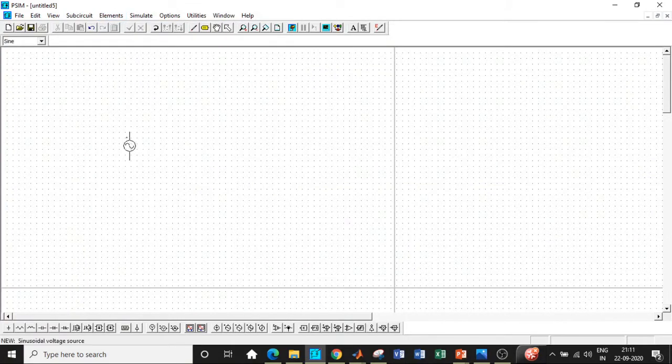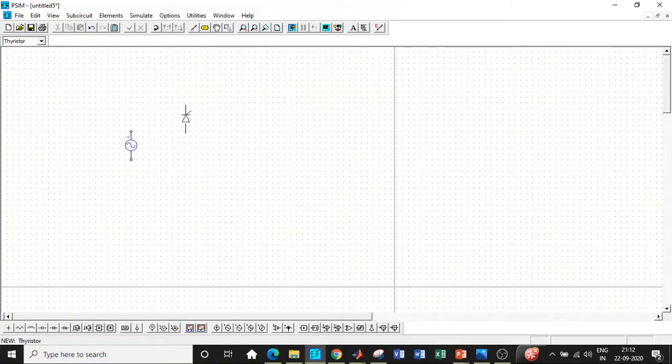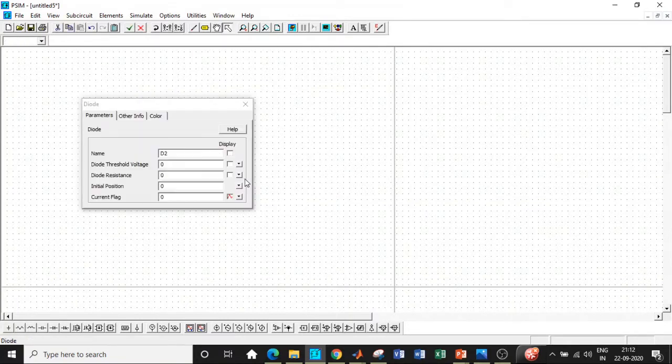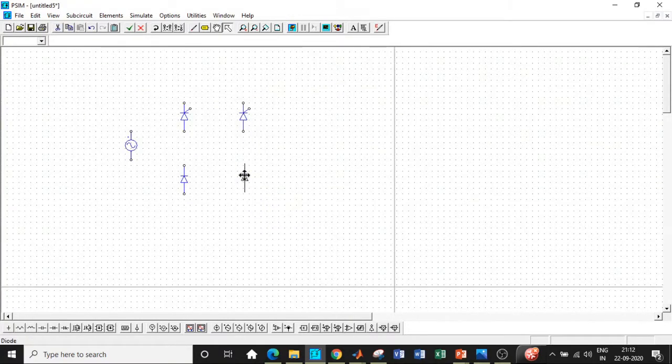At the first place, we'll be requiring a sinusoidal AC source, and we'll be considering that. We also need a couple of thyristors, so rotate that. Basically we need to drag and drop the components over here. We also need a couple of diodes, rotate them and have them in the same grid lines that we have. Once this is done, I'll be placing this in the same line. Then we will be connecting the bridge and connect it to the supply side in this particular fashion over here to the AC source.